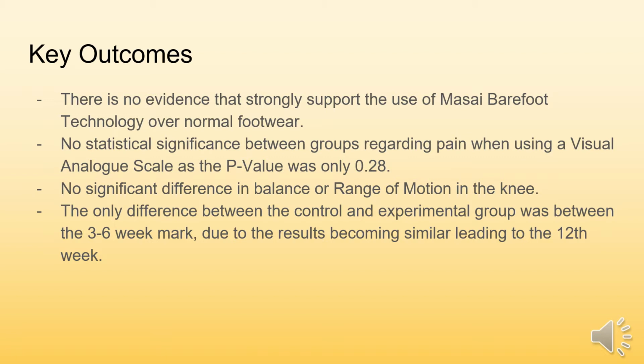Peak isokinetic strength was measured with no avail for strong evidence between plantar flexion, dorsiflexion, inversion or eversion, with p-value results of 0.28, 0.39, 0.86 and 0.47 respectively. When summarizing the main findings, it was clearly shown that the only differences between groups was between weeks 3 and 6, because it all started to blend to similar results afterwards, leading up towards the 12-week mark. In reference to balance, the MBT group, although showing no significant difference at the end of the 12-week mark, actually showed better balancing performance compared to the control group during the 12 weeks.